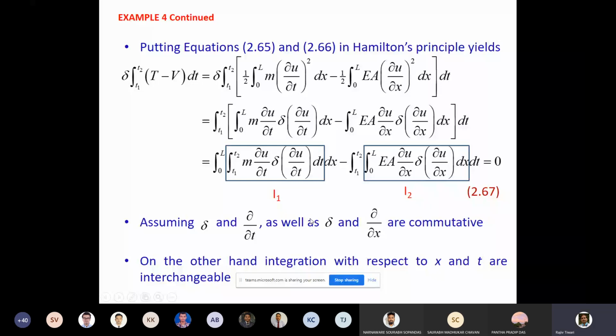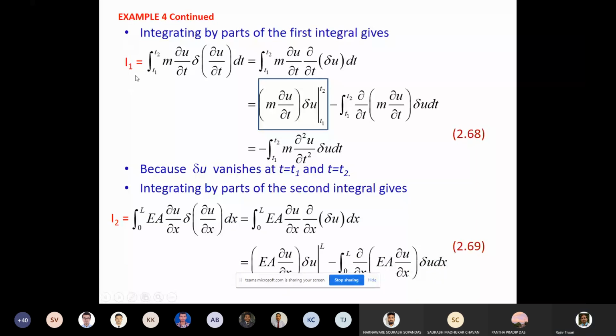So now I'll take this integral separately. I1 I will take first. So that is the time derivative and this term. As I was mentioning, I want here the variation of u only. So what I'm doing now is interchanging the operation of the differentiation and the variation here. You can see that now I've taken the partial time derivative outside and the variation of u inside.